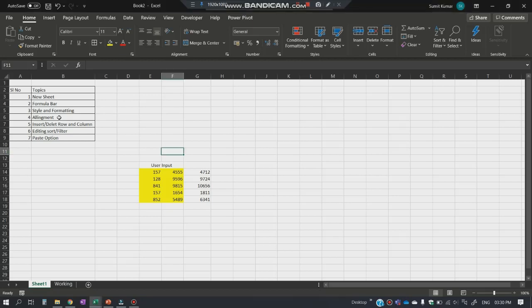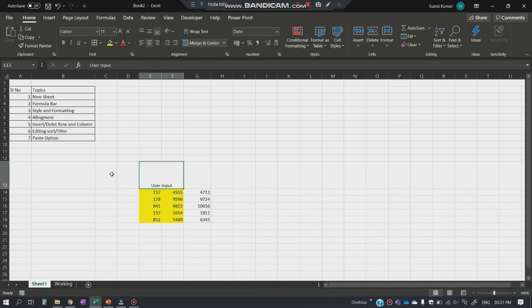Next topic we have in line is alignment. So I'll show you how to align your data. You just need to go to the cell and to the Home tab, and then you will see an option here as Alignment. You will see a number of options are available to align your text properly. So I'll start with one. This is for the top alignment. Let me show you. If I just drag the cell down row-wise, you can see my data is also coming down with the cell as well.